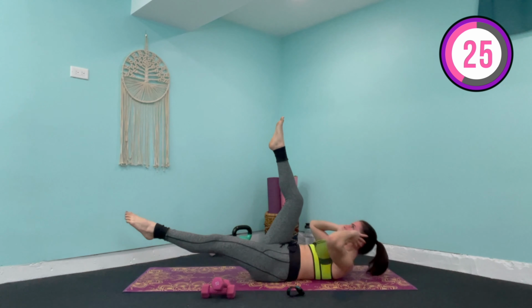Keep going, squeeze and lower, lift and lower. A few more here. And then we're gonna go into those cross crunches, and then we do those pulses. Ooh, my core is already on fire, guys. In 5, 4, 3,